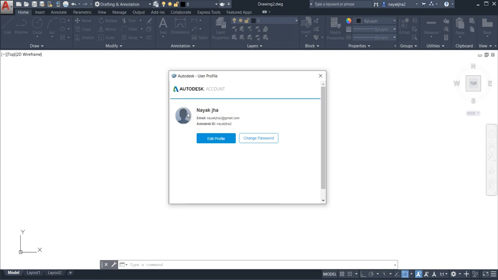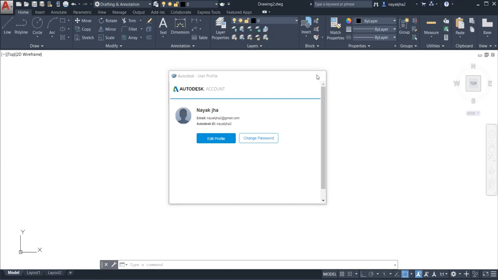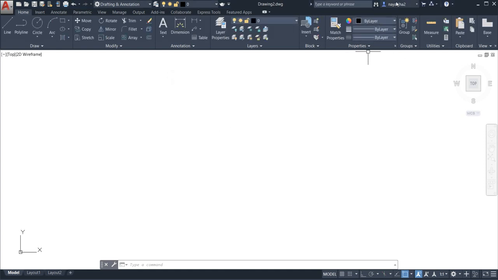Once you keep your mouse here and right click, you can see options like forward, reload, view page source, save image, copy image URL. The main motto for you is that I just want to tell you how to link your Autodesk account and how to create your Autodesk account. So the main thing I have told you. Now the benefits you can get from that.